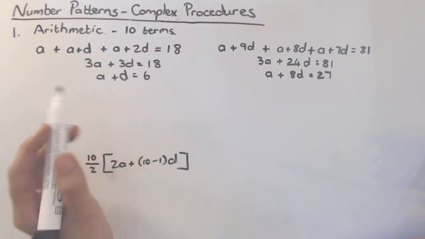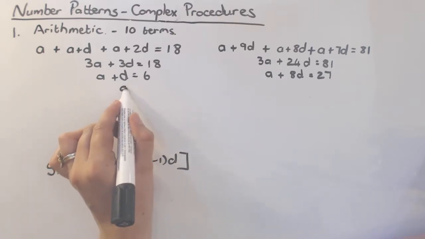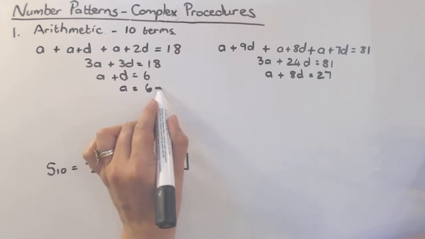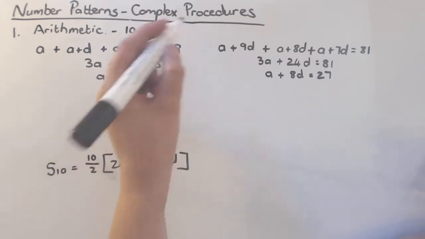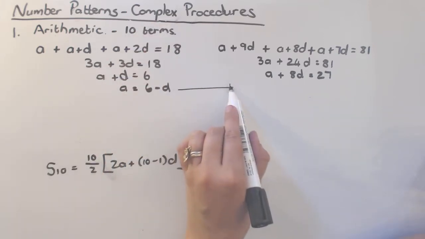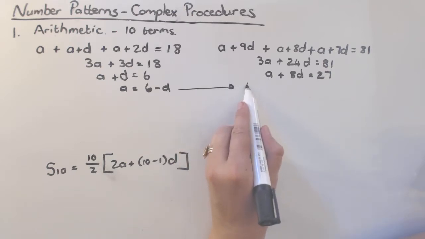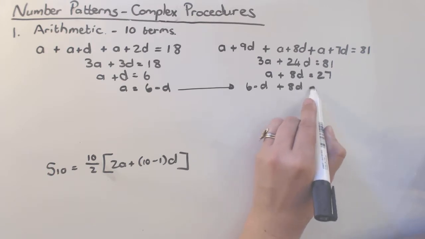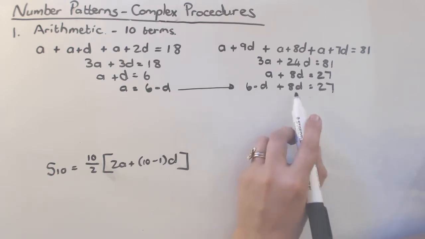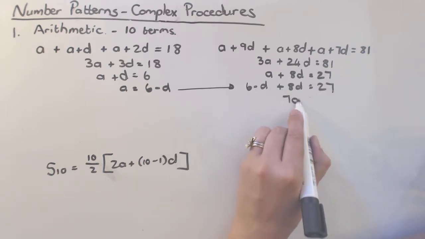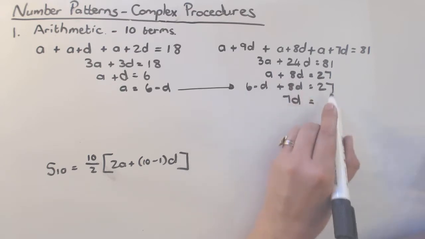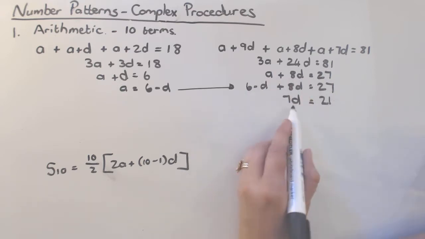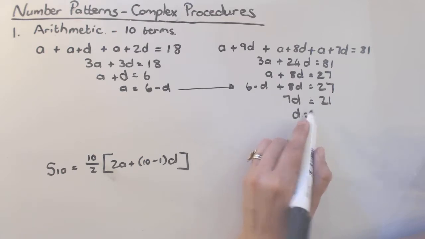In this equation I get one of the 2 alone, so I have a is 6 minus d, and I'm going to substitute that into this equation. So a is 6 minus d, plus 8d is 27. Then 8d minus d is 7d, and 27 minus 6 is 21. So 7d is 21,